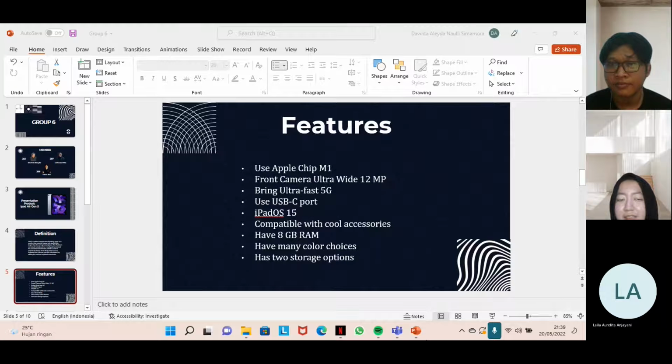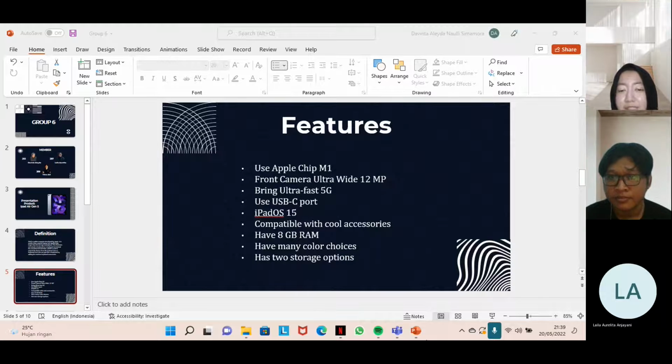The iPad Air Gen 5 provides several interesting features, namely the first to use the M1 chip, which is the chip used in the current base iPad series, namely the iPad Pro. This allows us to run several applications simultaneously. The graphics are 2 times faster and the CPU up to 60% faster than the previous iPad series.